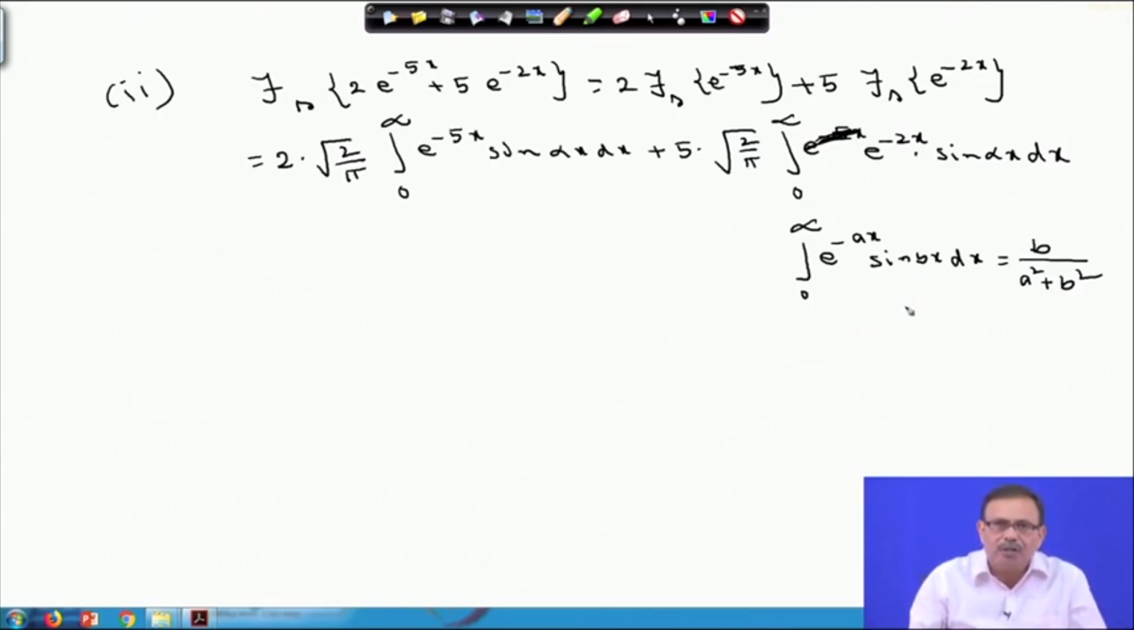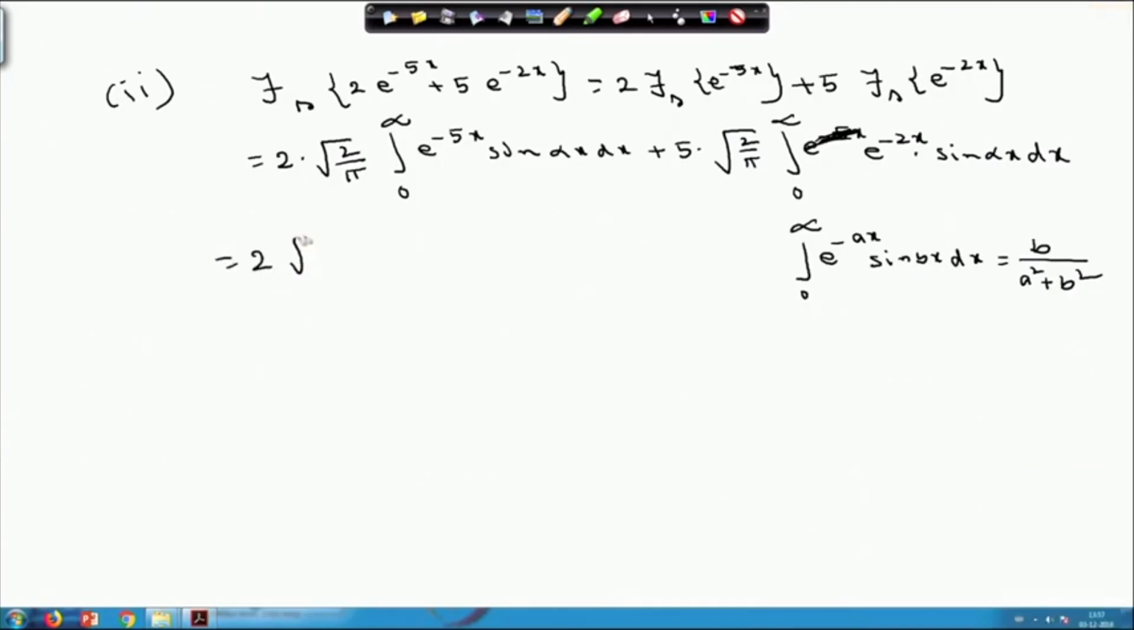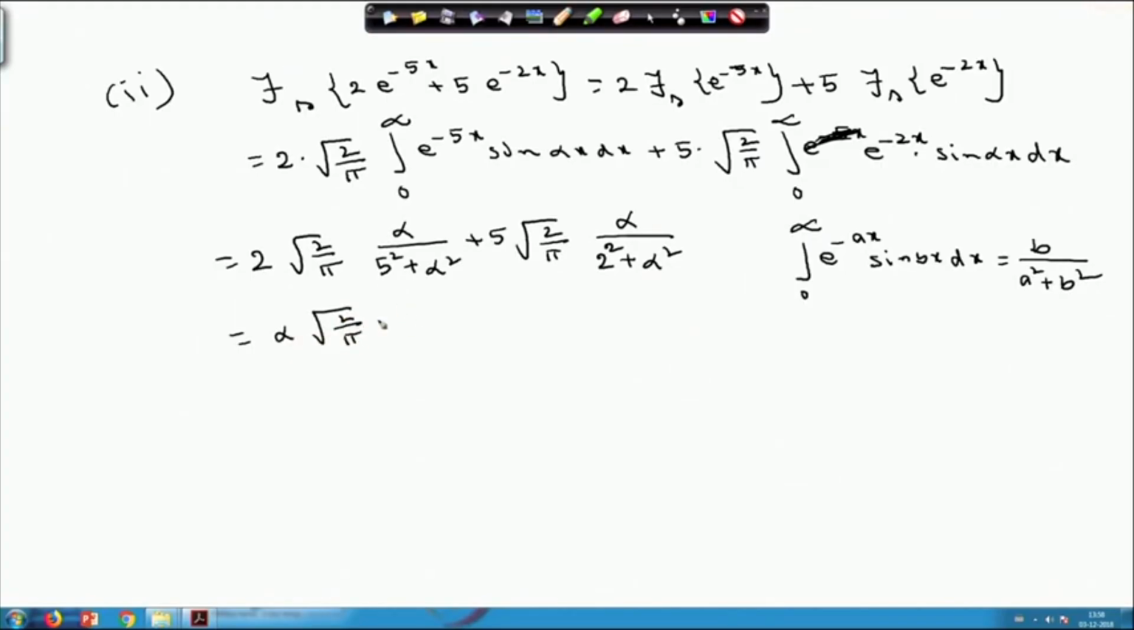So, if I use this result, then I will obtain 2 into root over 2 by pi into alpha by 5 square plus alpha square, plus 5 into root over 2 by pi into alpha by, here your b is 2, so 2 square plus alpha square. So, if you just simplify it, you will obtain alpha root over 2 by pi into,